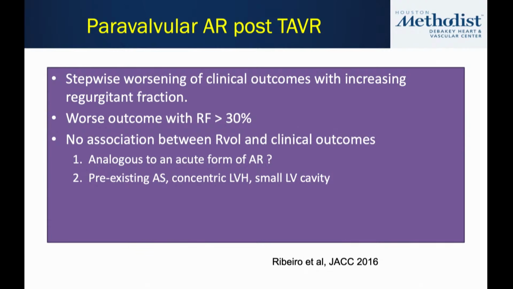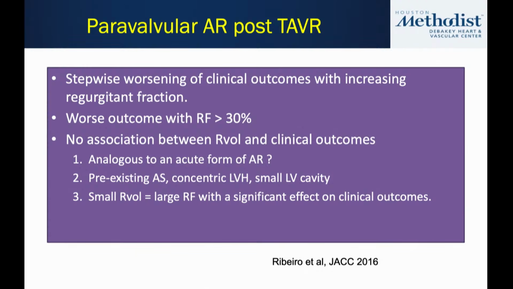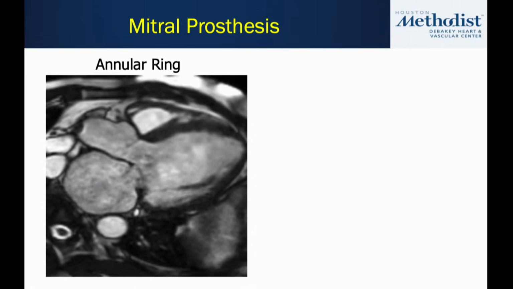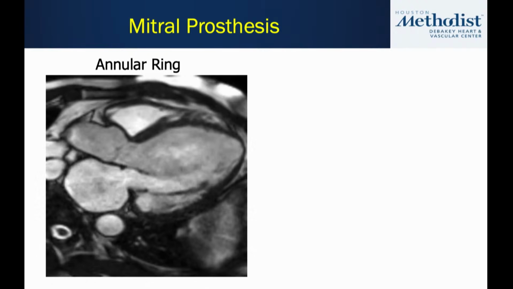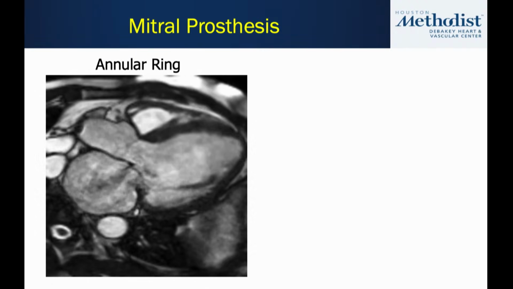Obviously, in the setting of a small underlying cavity that was more of an aortic stenosis ventricle, it's likely not able to tolerate even small regurgitant volume loads. And again, that's why in this series they noticed that regurgitant fraction was a much better predictor of clinical outcomes than regurgitant volume itself. Let's turn to the mitral valve, and really, this can be a scenario where you have a